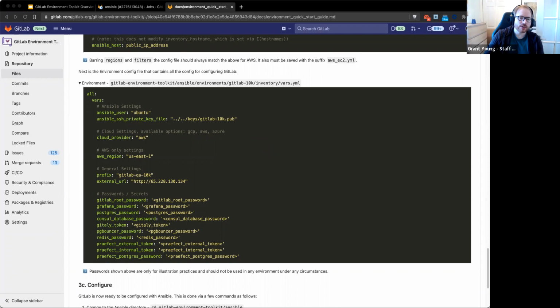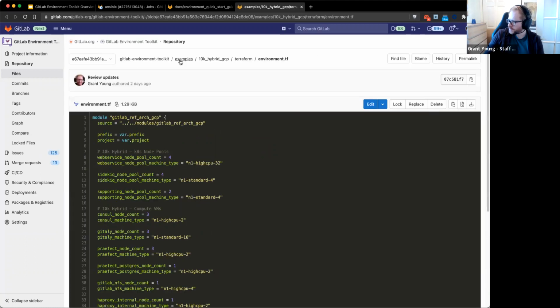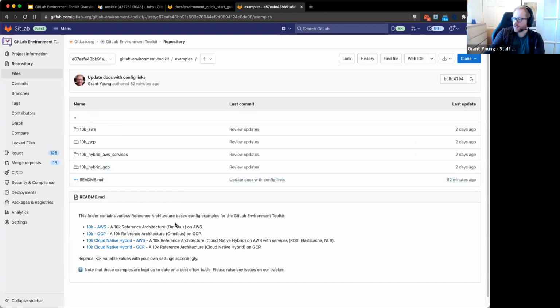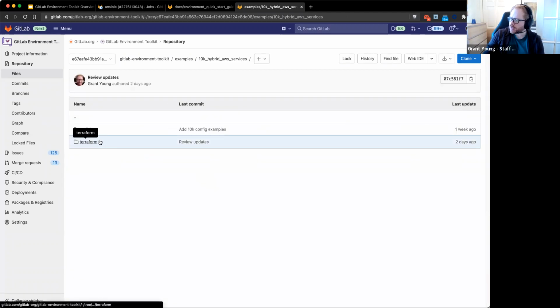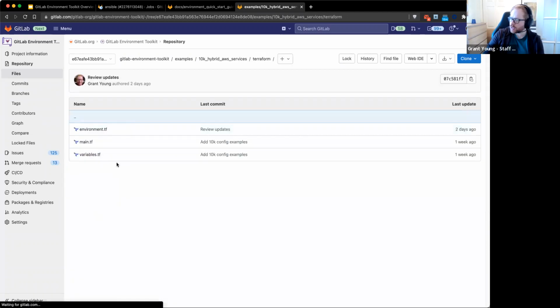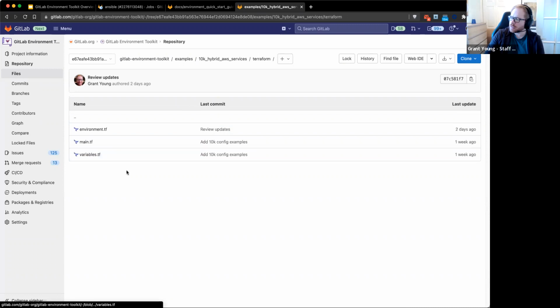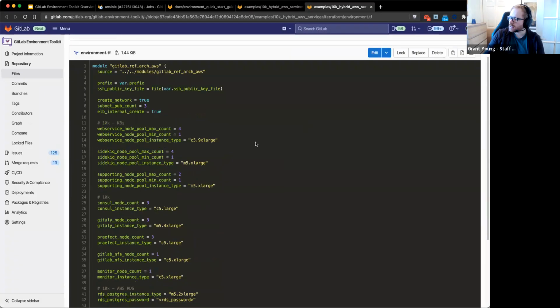where are those? So I can show you quickly. So this will be going in soon as well. Just a bunch of config examples. We'll just start with 10K to start with. Probably we'll be expanding it as we go along. So AWS services is like our more complicated thing. So we literally have all the config files you need that you just place in Git or in the appropriate folders. So Terraform, yeah, if you go to environment,